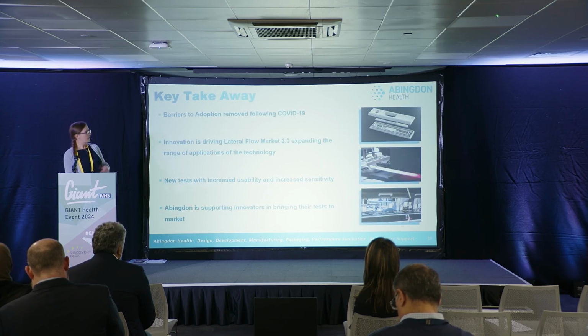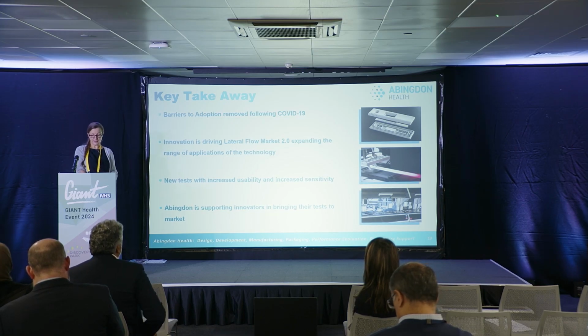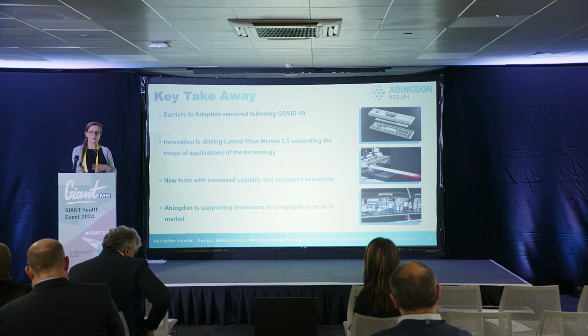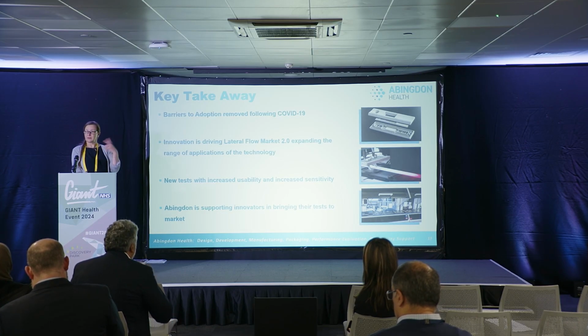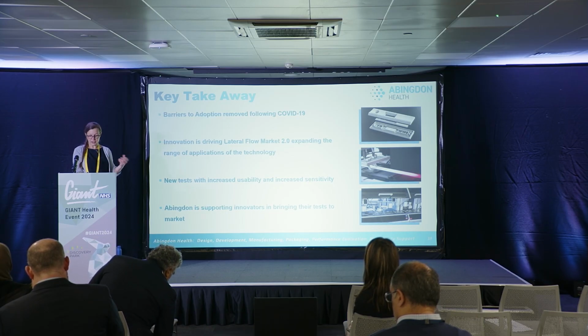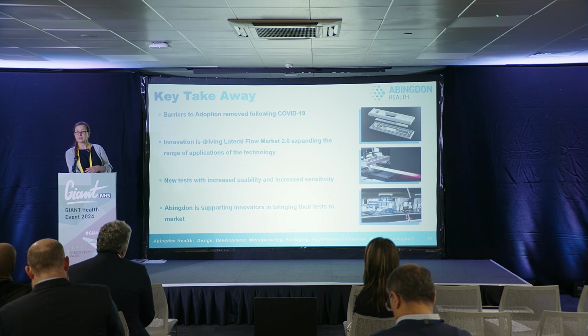So what are the key take-homes that we have around lateral flow tests? We know that the barriers to adoption were removed, mainly with COVID-19, and that these lateral flow tests are now being used in many different environments and different industries. The innovation that we've seen there is improving the access and the amount of end users that can actually use these tests. They can be used in simple test environments, such as pregnancy testing, but they can also be used with more complex systems, such as multiplexing with a number of different test lines, or with molecular devices, as we've